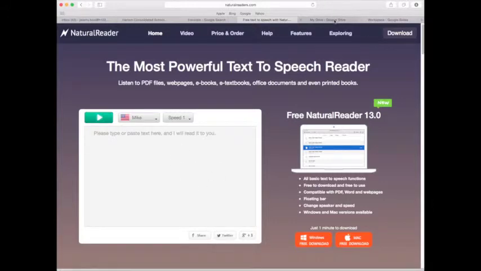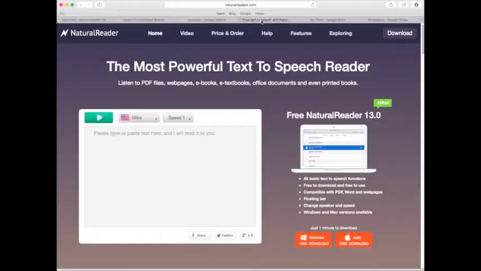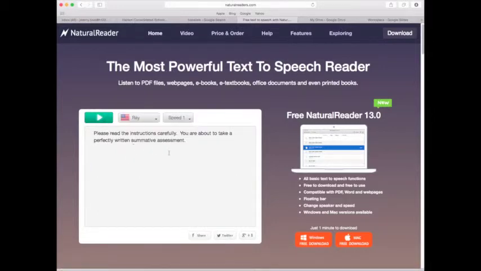So I just have some stuff saved over here on a Google Doc. So let's say that these are your instructions that the student may want read. So simply cut and paste it, and then you can change the voice. Let's go with Ray. I don't know, maybe he's good. And then click play, and then you wait a short time,